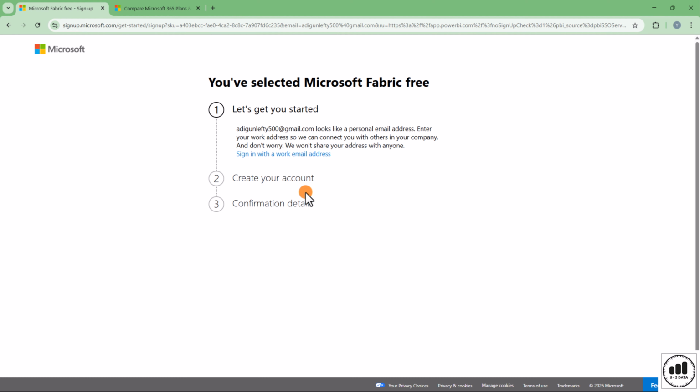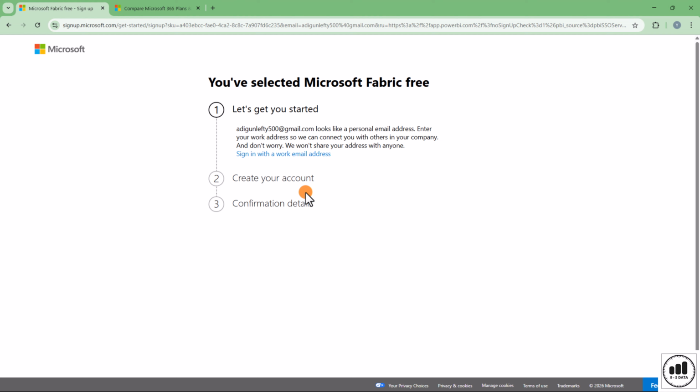The requirement for this is that you must enter a work or an organizational email address. So an email address with your company's domain at the end, not just Gmail or a random email address. If your organization does not allow this process due to some security concern, or you don't have an organizational email address, the workaround for this is to use your personal email address, your non-organizational email address, to get